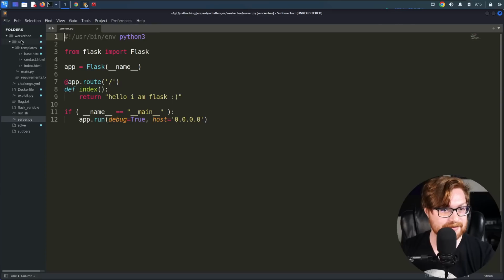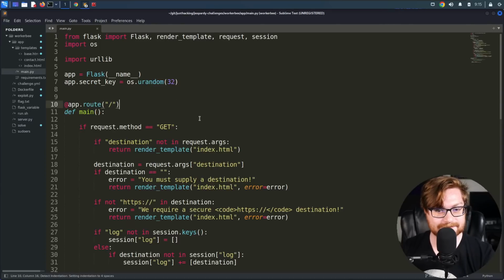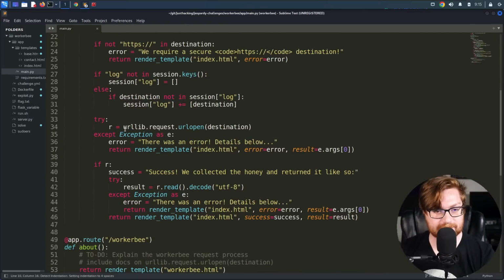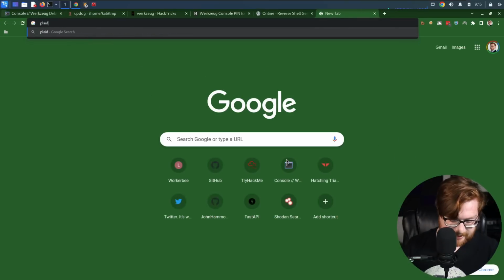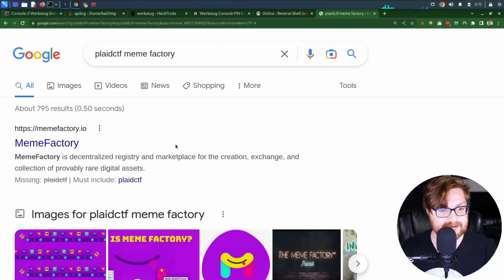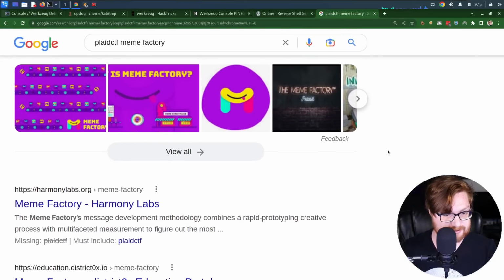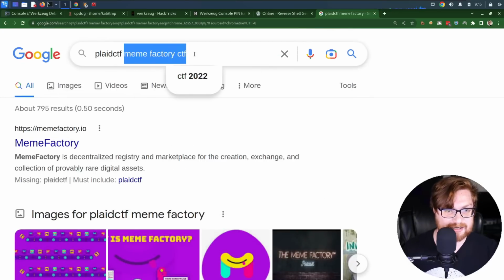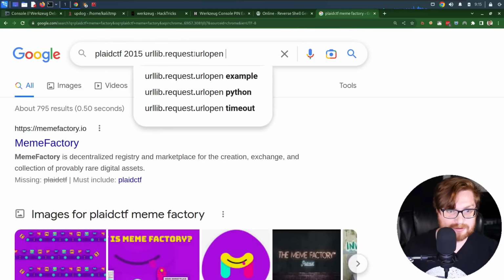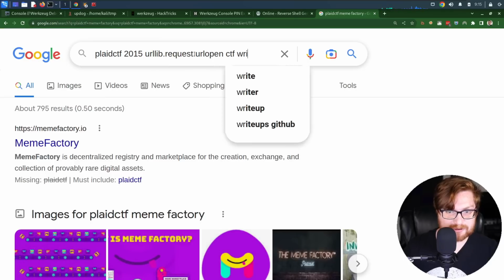Now, the application itself is a cheesy thing, me testing and getting Flask code running. Can I move into it? Here's main.py. So this vulnerable urllib request urlopen is actually kind of a callback, because I had found this with an old CTF write-up. Plaid CTF, was it called Meme Factory? I don't think it was. I think the challenge that